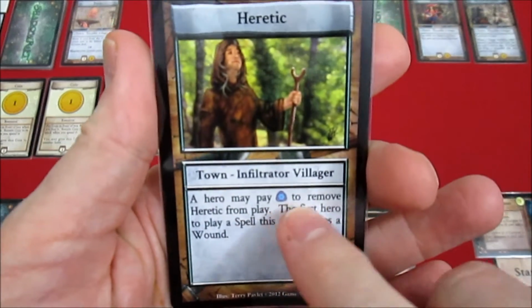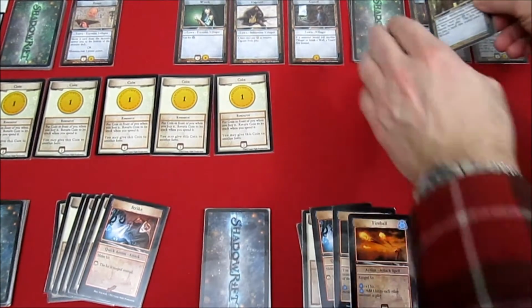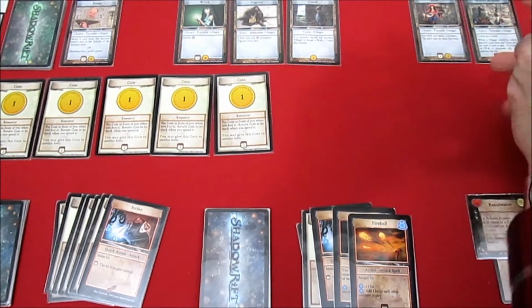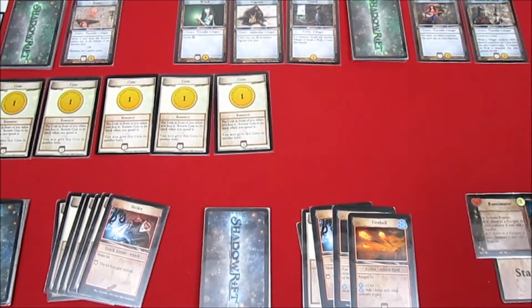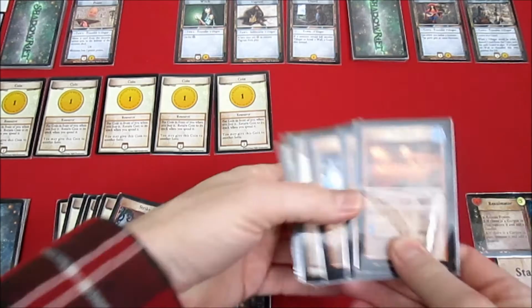It says a hero may pay 1 magic to remove heretic from play. Well, see a heretic, you are removed from play. You're going back to the bottom of the Traveler deck. At least I think that's pretty sure how that works. And now he is going to